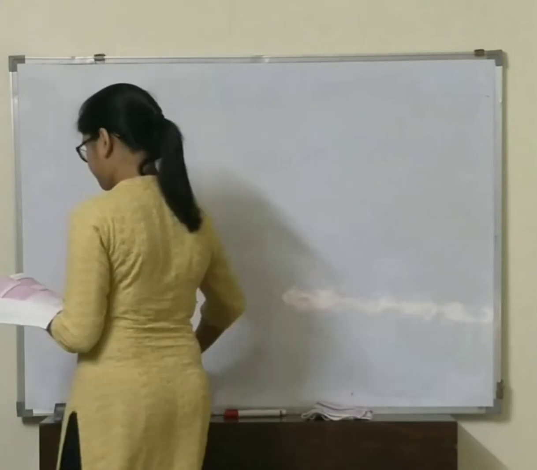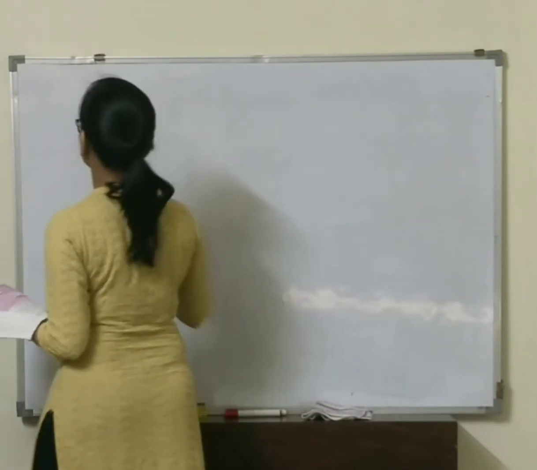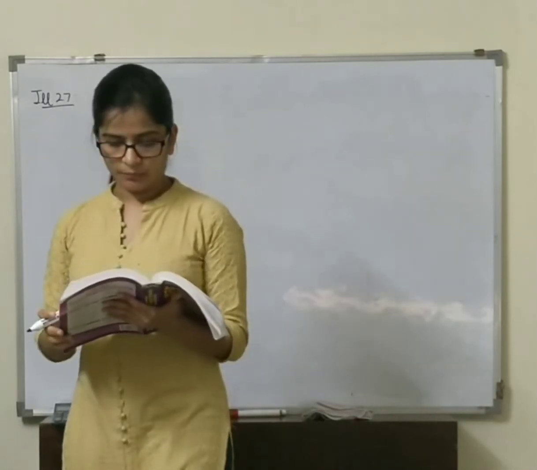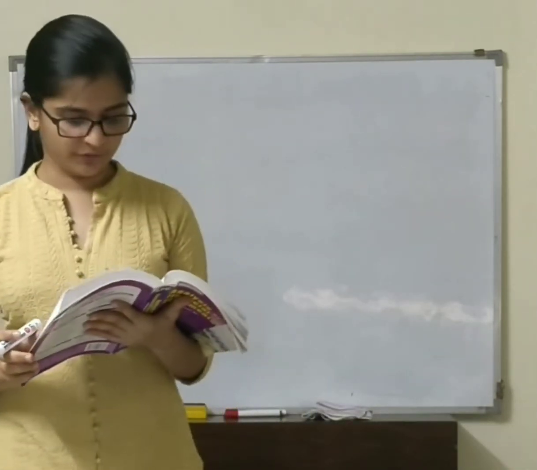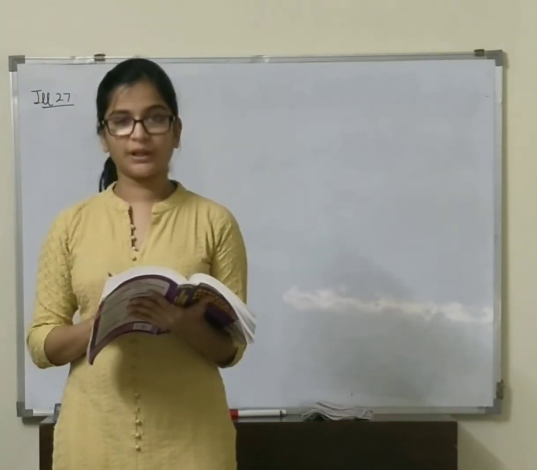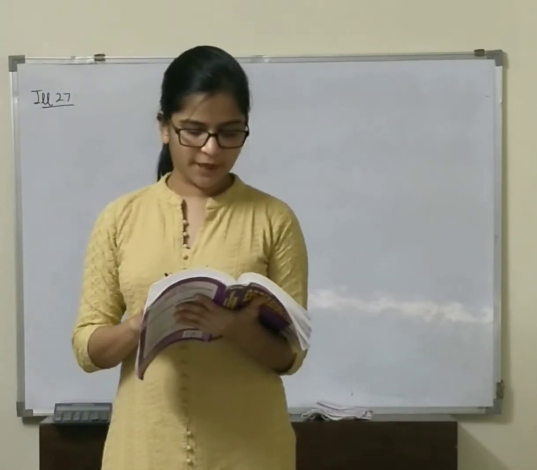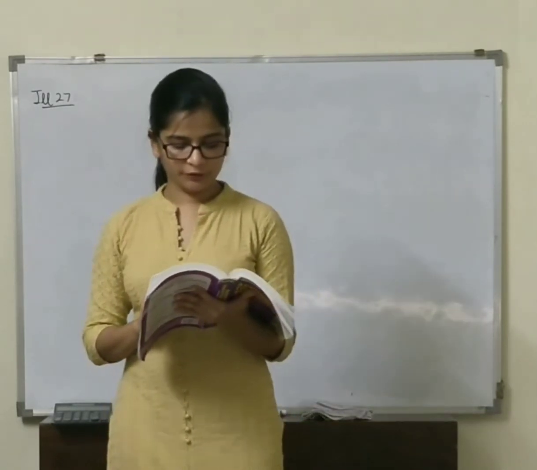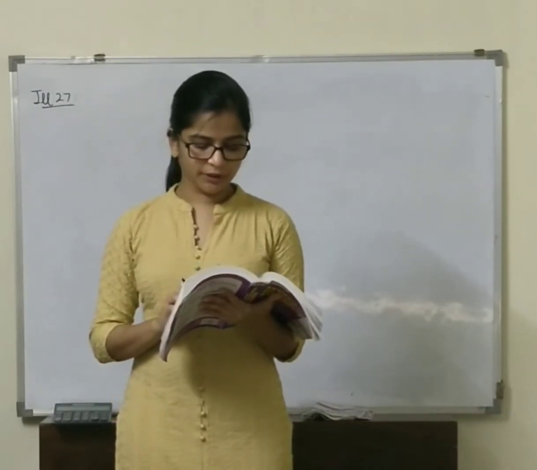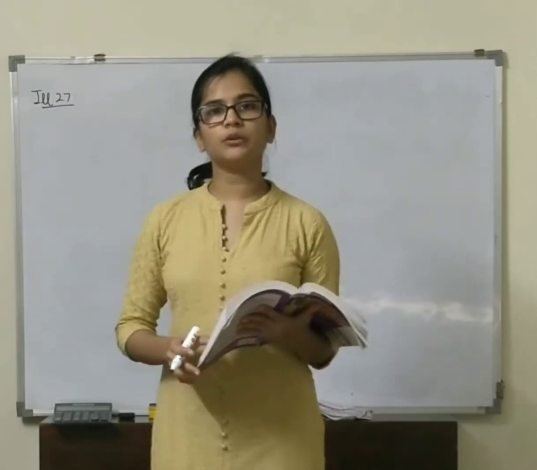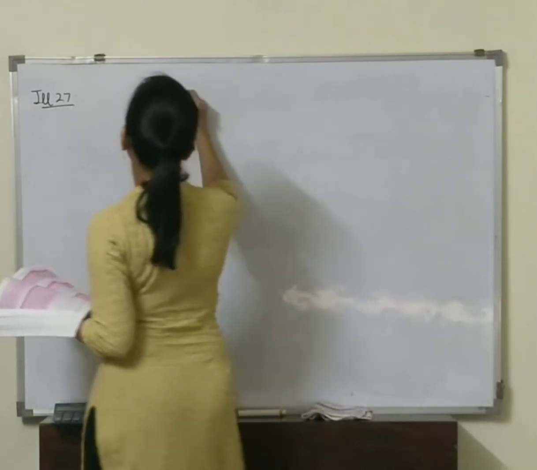So take down illustration 27. From the following particulars, calculate cash flow from investing activities. In the table they have given us two columns, that is purchase and sold. We have plant, investment, goodwill, patents. And again in the adjustment we have interest received, interest paid, dividend received, dividend paid, and the last one is rent received. So we need to calculate the cash flow from investing activity.